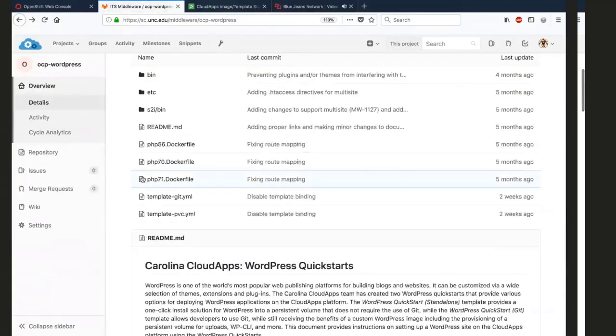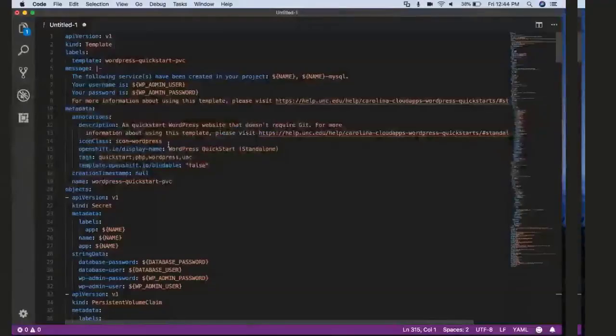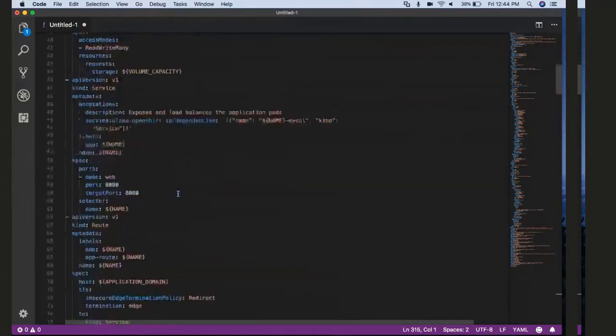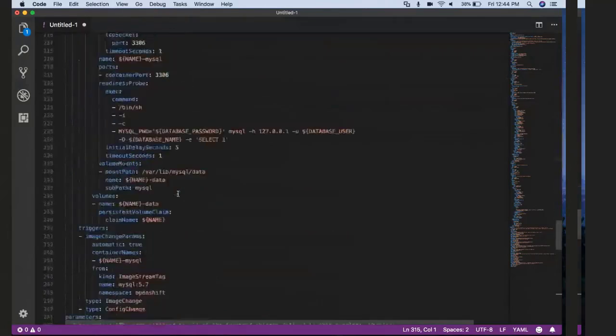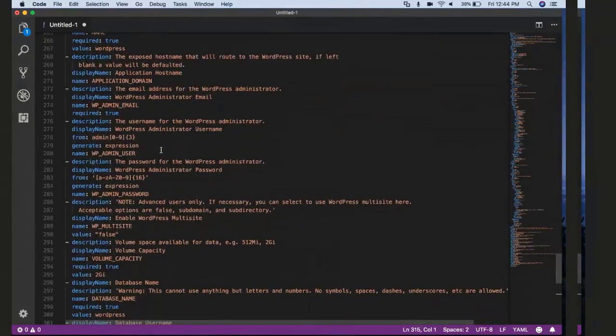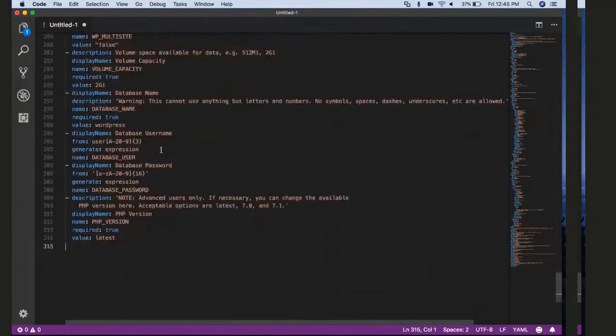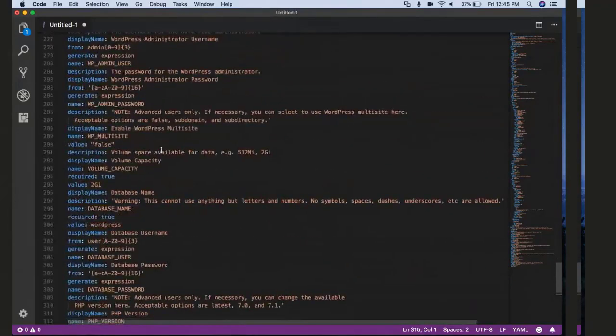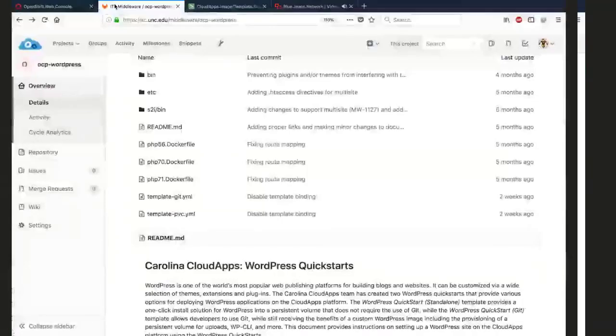And then the fun part happens. I'm going to switch over here because it's a little easier to read: our OpenShift template. I'm not going to go through the entire template again, but basically it sets up the PHP and the database server, the passwords and all that stuff. And then at the very end, we have a bunch of questions we ask them so that they can customize the environment to a certain extent when it gets set up for them. OpenShift templates support asking these questions when you create a WordPress image. So now if we go over to our web console,